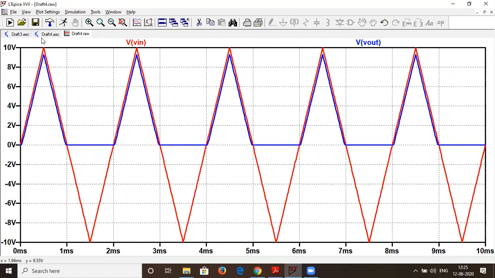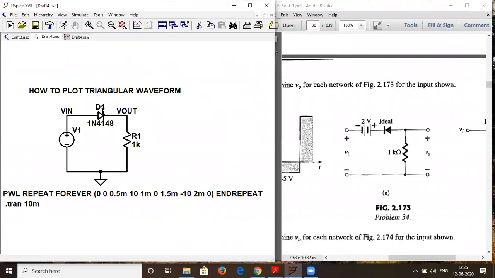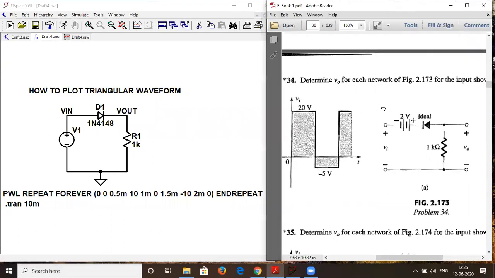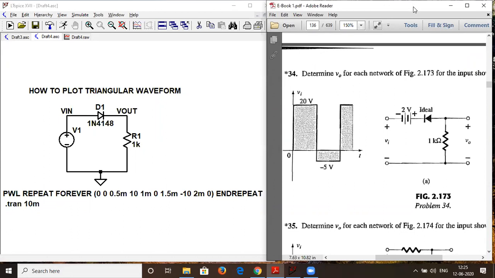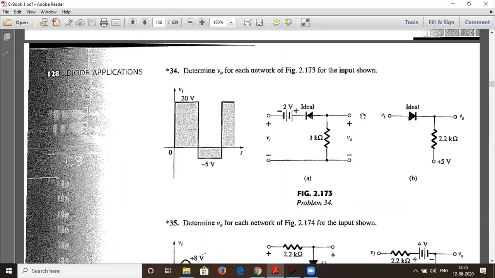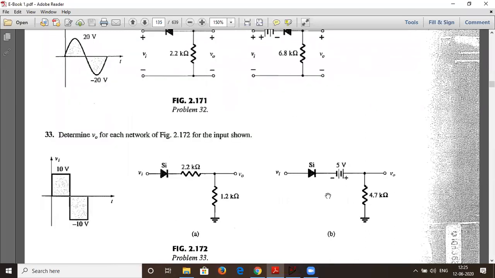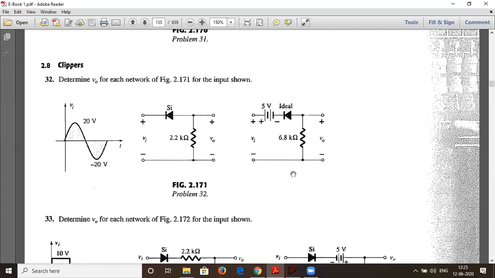So in total, 5 images you have to take. One is of the main circuit without the label. One is with the label, that is the circuit schematic. Then the two cases when the diode is on and off, and the last one will be the input output waveform. Is this clear, everyone? That is today's work. Whatever changes I told you yesterday, you have to apply that. You can refer to those handouts. You have to name it properly, for example VB, or diode D1, VB, and all that. Is this clear to you?